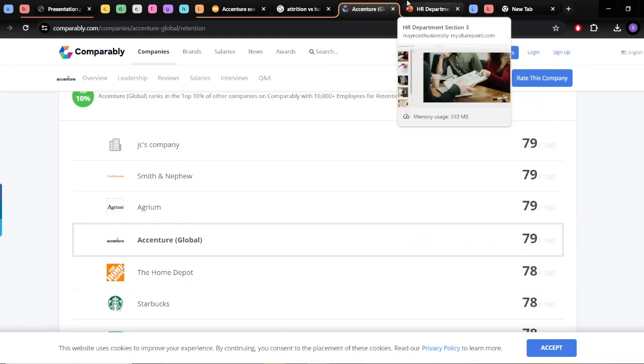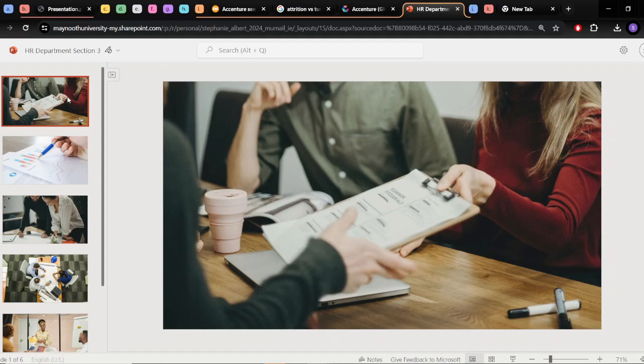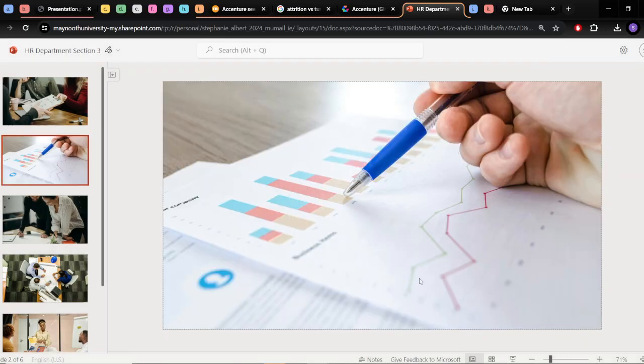Basically, just so that we understand what Section 3 is, for anyone who's still a bit confused about it, the idea is that you just got hired by Accenture into the HR department, specifically working in the employee retention scheme team. Okay, Accenture has come to you and they've said, we have an 80% retention rate. So 80% of our employees are staying. We want you to tell us how we can get that to 85%. So we want an 85% retention rate.